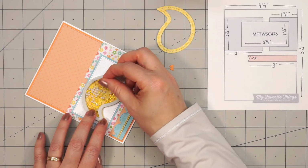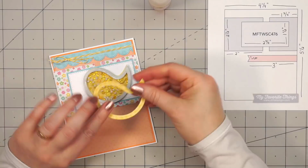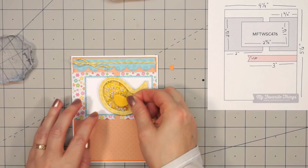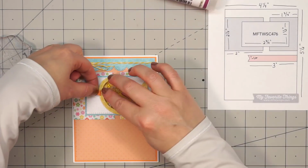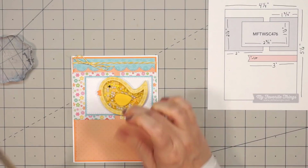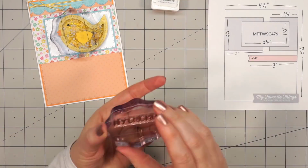Once I get those in place, I can seal it all in with the acetate, and then I'll use some liquid adhesive to attach this frame. And I'm using Queen & Company's sheer glue. It secures everything really nicely. And then I don't want to forget to add the little wing, and I just cut that out of some solid yellow cardstock. So I'll attach the beak and then the teeny tiny little eye. It's really hard to pick up, so I do use my jewel picker tool. And I'll just put my acrylic block on top of that, let it dry, and I'll start working on the